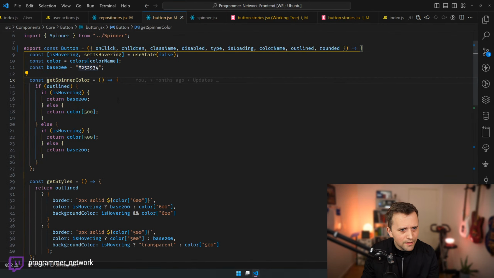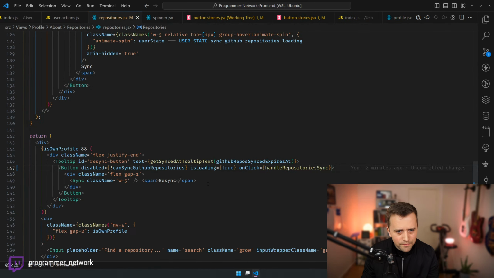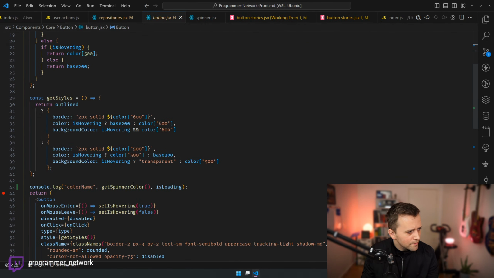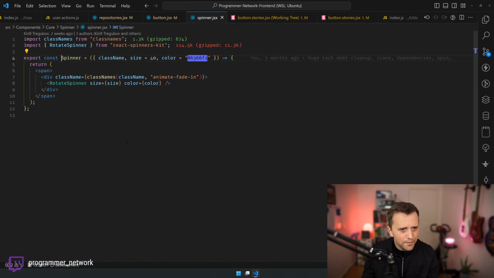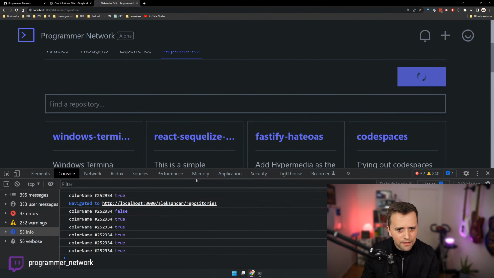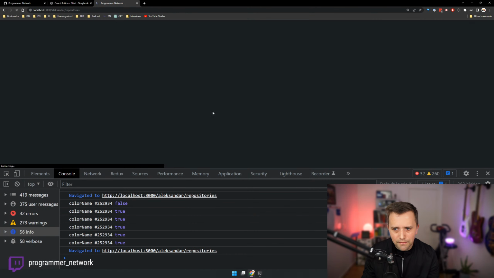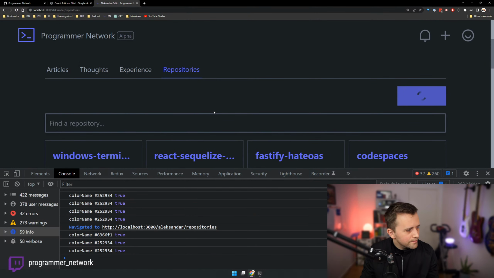This is an external library, right? So animate fade in. Yeah, maybe. What is this, animate fade in? Maybe it's this thing. I think Kirill added this. Let's see. Yep.